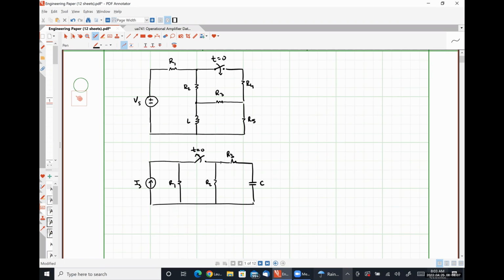So the second one would be an example of a natural response problem where you wouldn't need to analyze a